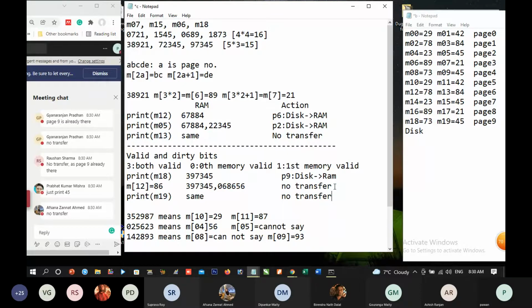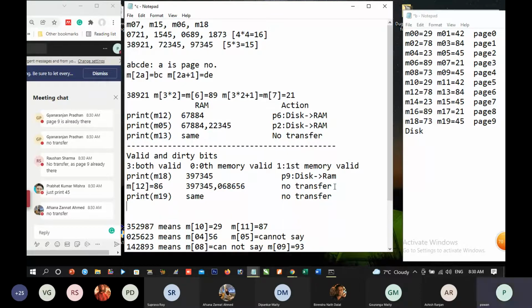Suppose we want to do print M12. Then what will be done? Tell me what will be done in this case.